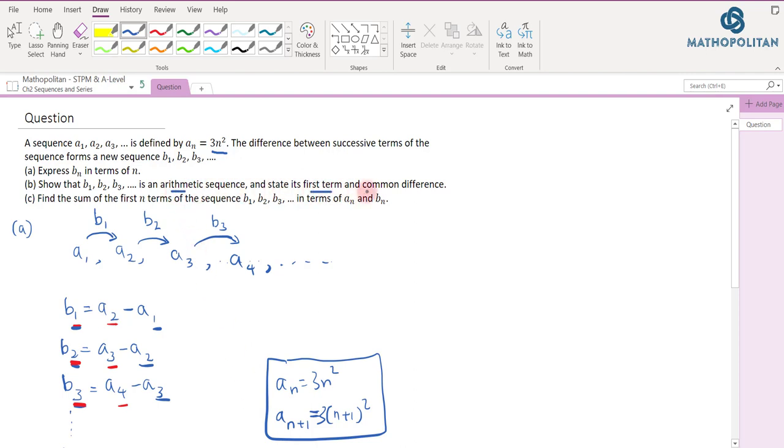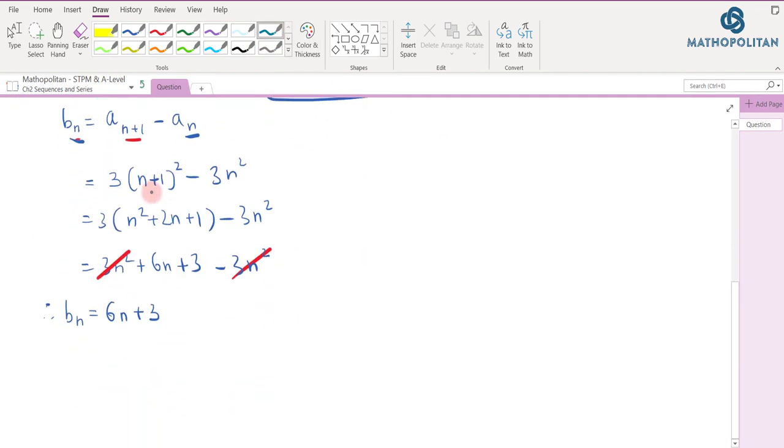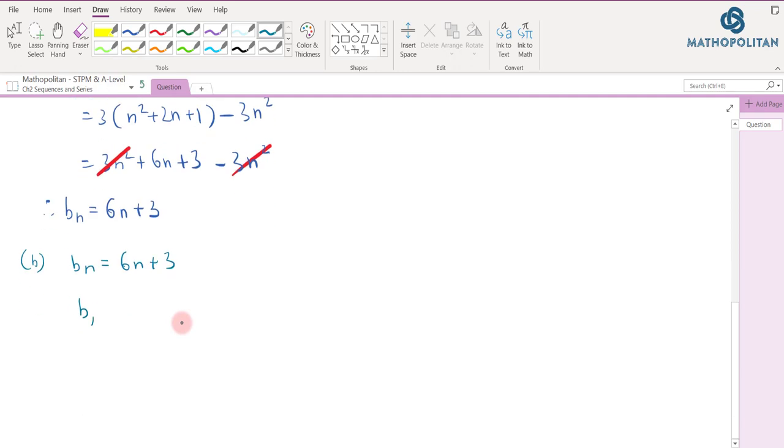What is the first term and what is the common difference? Right, so let's start with that. From this B sub n term that we obtained, B sub n equals 6n plus 3, if I try to write down the terms in this sequence B,